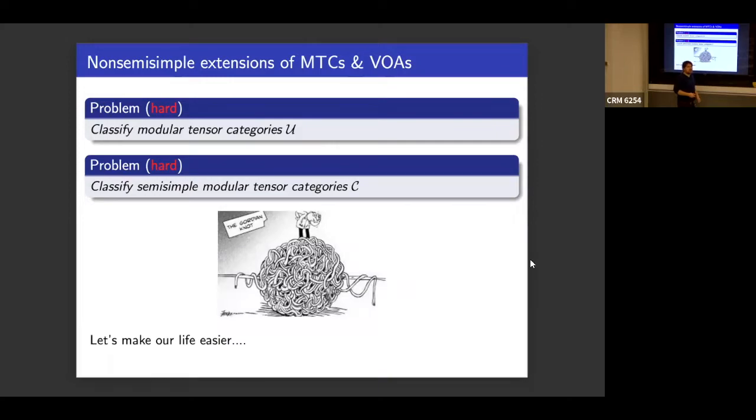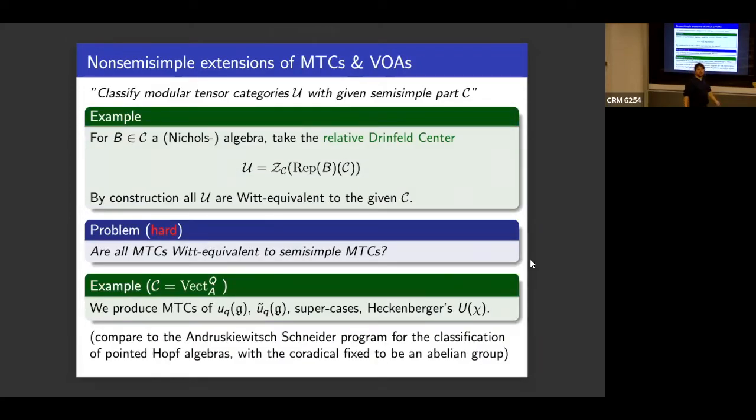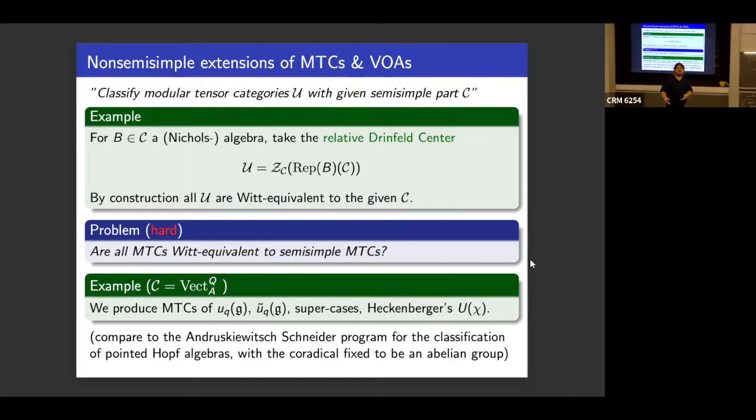So they say classifying Hopf algebras is hard. Classifying semi-simple Hopf algebras is also hard, but let's try to classify Hopf algebras with a given semi-simple part. And that's exactly what happens. So they wrote this article where they basically say, suppose it's an abelian group. So you always have, I'm not sure what in the category is the case, but for the Hopf algebras, you always have a designated maximal semi-simple sub-Hopf algebra generated by the co-radical. And then you always have a Nichols algebra over this inside the Hopf algebra. It can be trivial or it can be complicated, but this part is always present. And then you somehow go through all the Nichols algebras you have, and you have to prove somehow rather by hand. This is what Ivan does, for example, a lot.